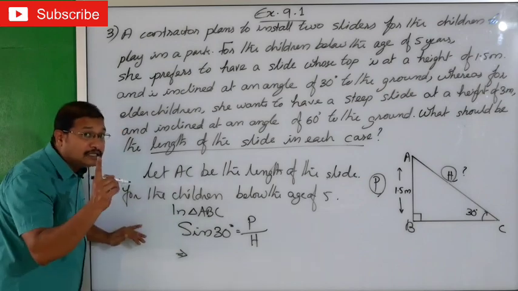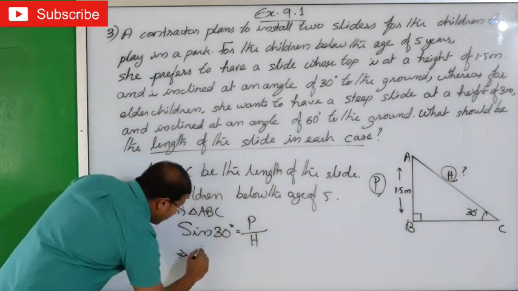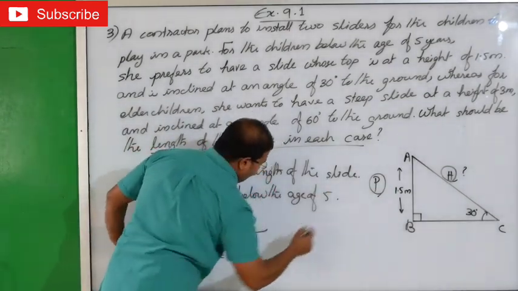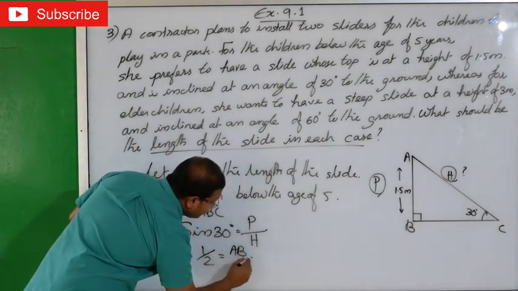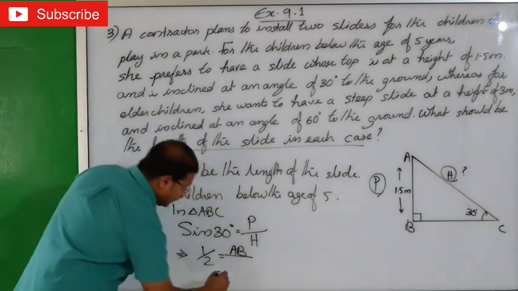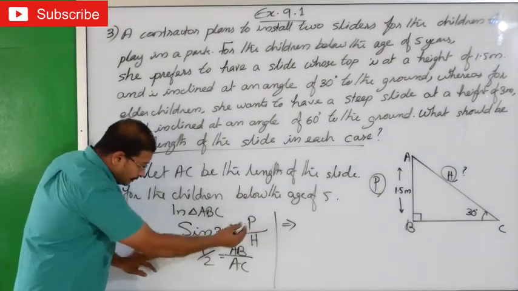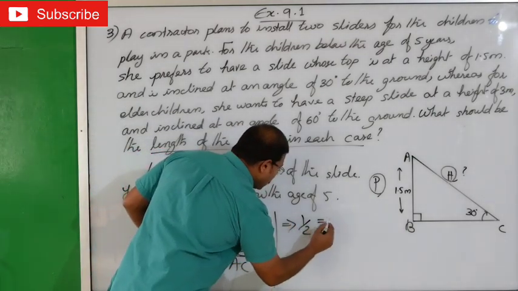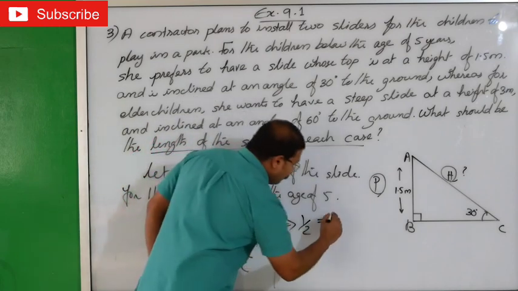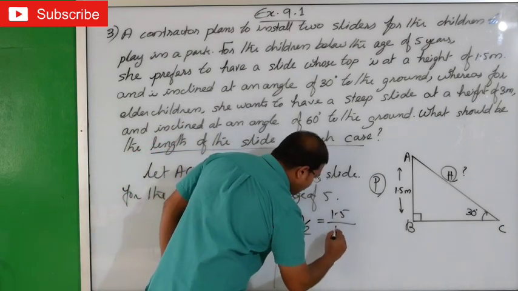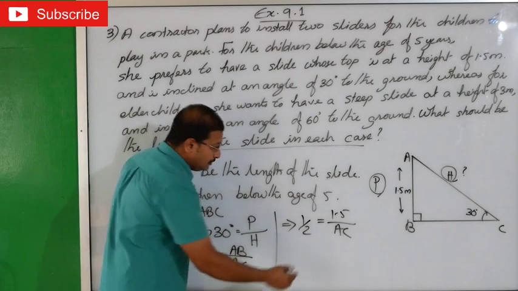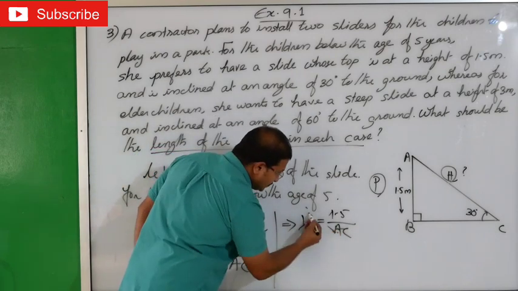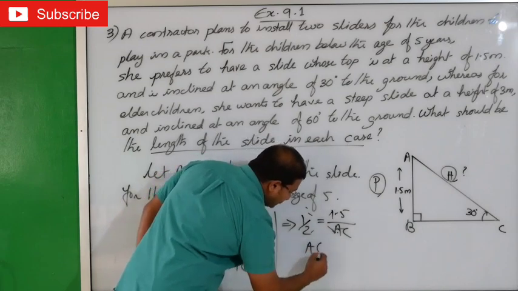Implies, we know that sine 30, what is the value of sine 30? 1 by 2 equals, perpendicular is? Yes, AB. AB by hypotenuse AC. That implies 1 by 2 equals the value of AB, 1.5, divided by AC. Let's cross multiply. That means 1 into AC, AC equals